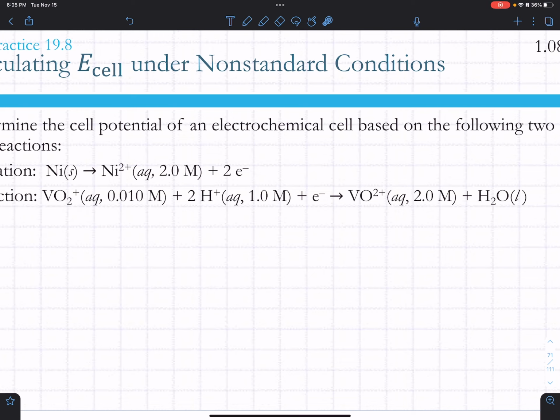They have different numbers of electrons. So we have to take the second one and multiply all the coefficients by 2 to get the right number of electrons. This is going to be 2 VO2 plus 4 H plus 2 e minus